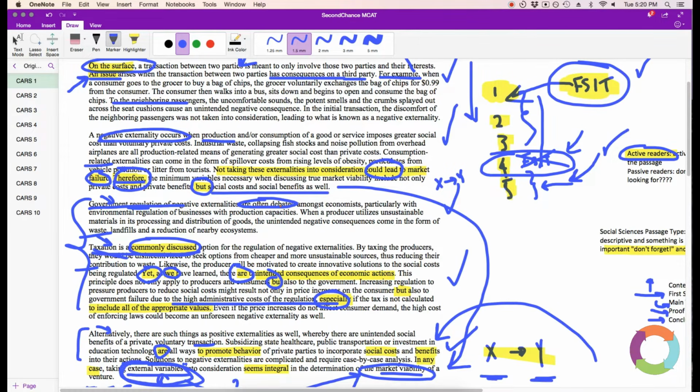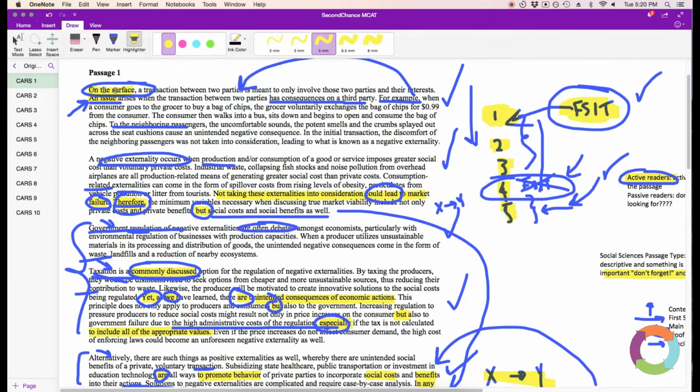Now, the highlighting doesn't really help me after the fact as much as it helps me as I'm reading. So it helps me emphasize these trigger words. Does that make sense? When I'm reading, I want to make sure that I'm reading effectively, and by highlighting certain things, I'm forcing myself to make a note of it. On the surface, right, that's how my brain reads that phrase, because I've trained myself with these few types of phrases that, oh, this is an important phrase, because "on the surface" is sort of setting you up for